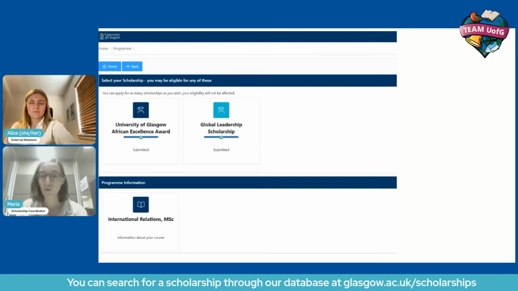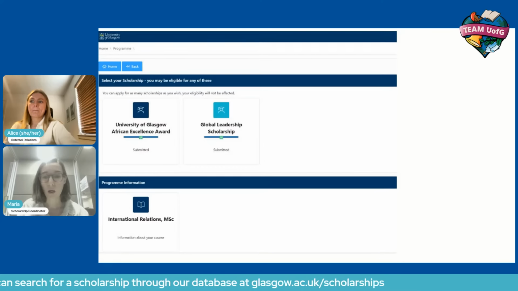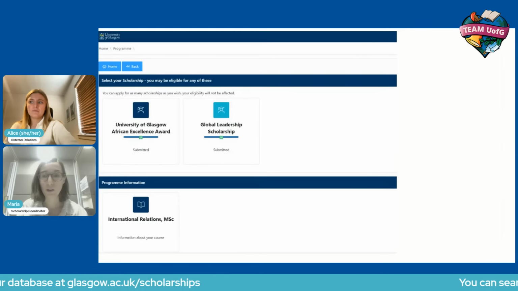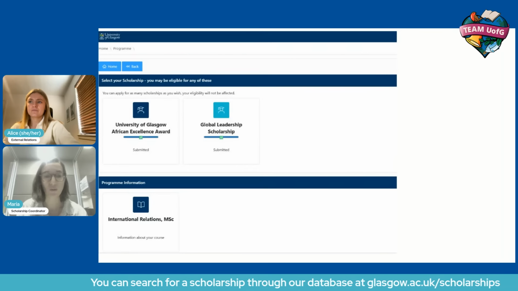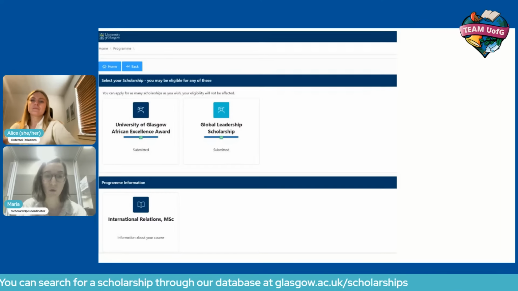The application form on the portal is very simple. Most of our scholarships will not require any additional document upload. And if you are applying for more than one program, you will need to resubmit the scholarship application for each of those programs. So you have an option to add that program to the portal and then apply for scholarships